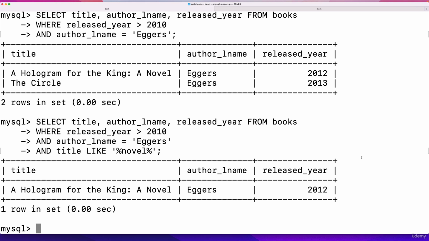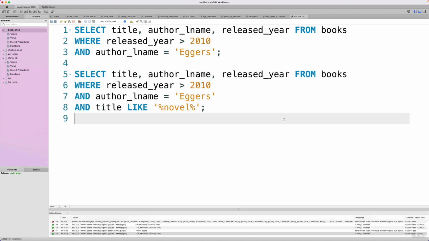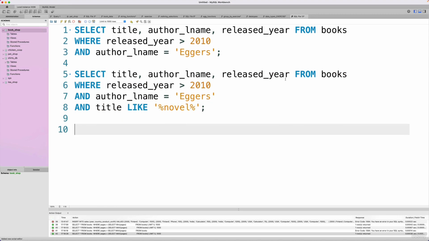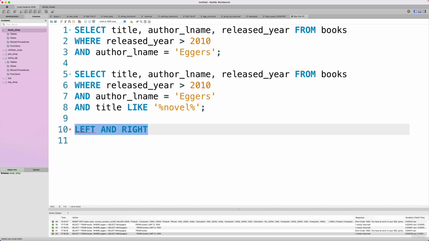We can combine all of the different tools, the different comparisons that we've learned so far, and make more complicated queries. Now let's dial it back for a moment and talk about how AND works. There's a left and a right side, and in order for AND to evaluate to true, the left side has to be true and the right side has to be true. Now, that makes sense,